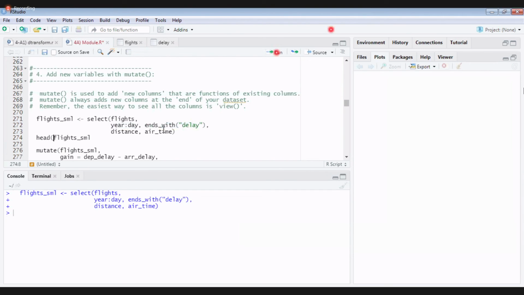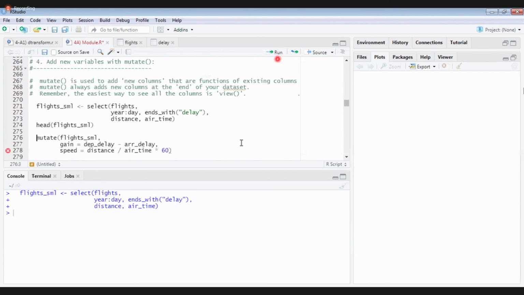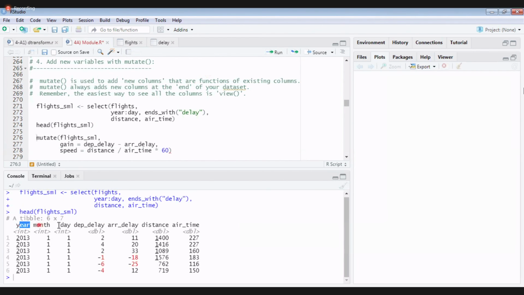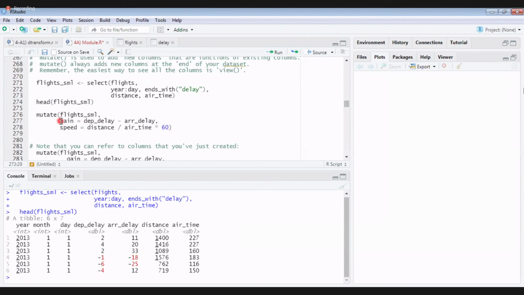Let's look at the head of it, it will be easy. See, I got year, month, day, and the columns ending with delay. Departure delay ends with delay, arrival delay ends with delay. Then distance and air time. Till now we have not used any mutate. Then I'm adding two columns, gain and speed.